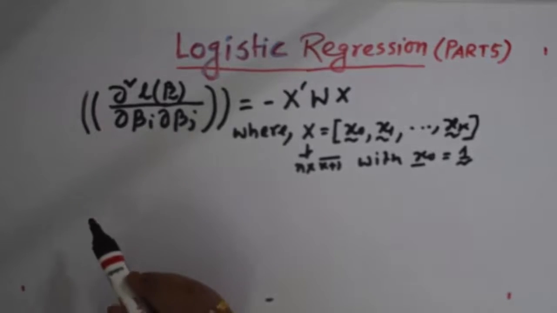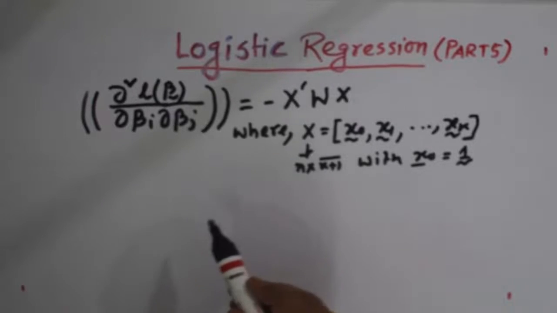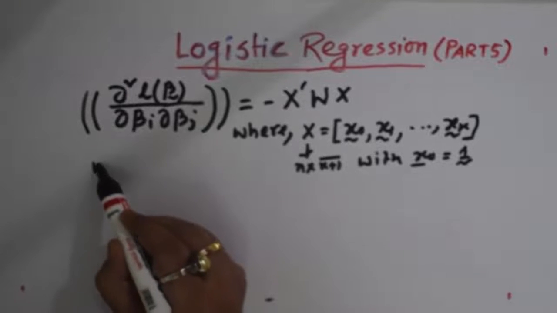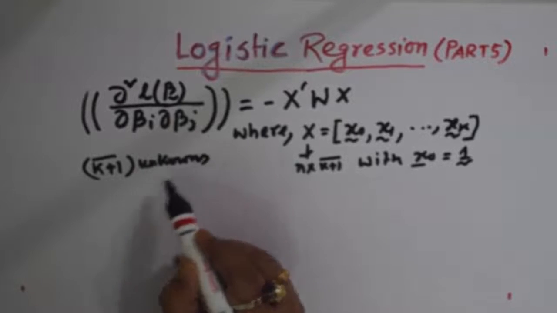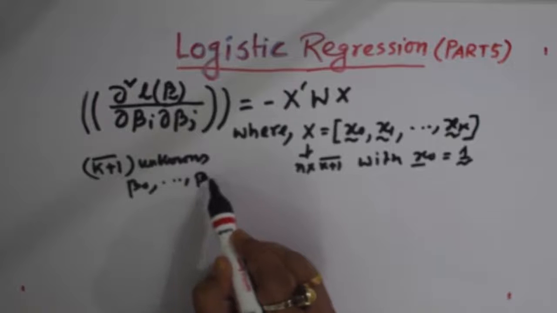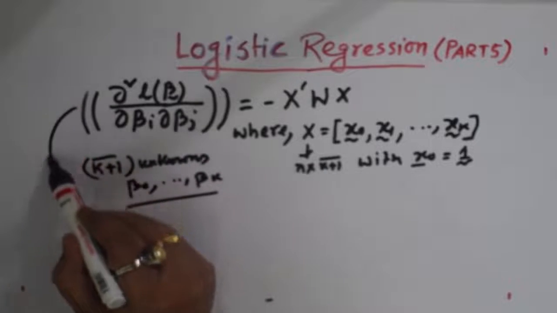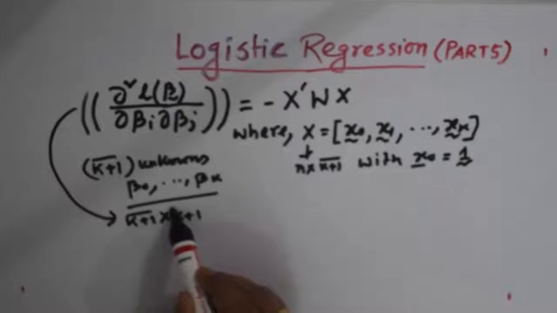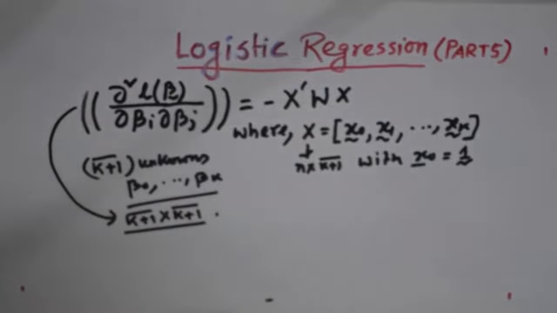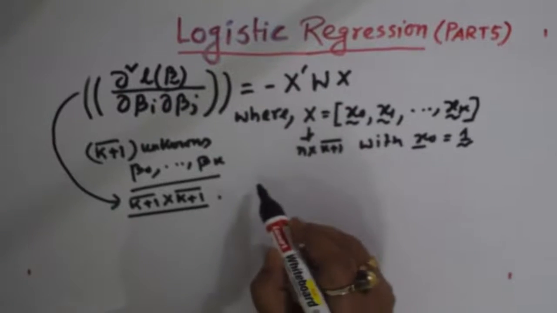And we use Newton-Raphson method to solve k plus 1 unknowns, beta naught to beta k, and this Hessian matrix is of order k plus 1 cross k plus 1, and the method, Newton-Raphson method, is